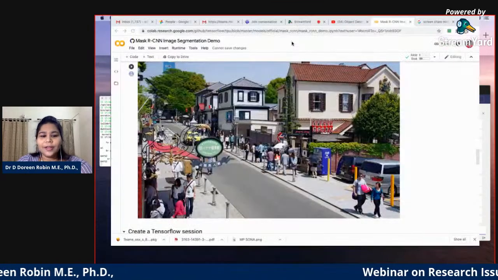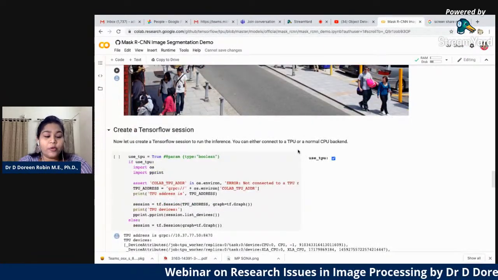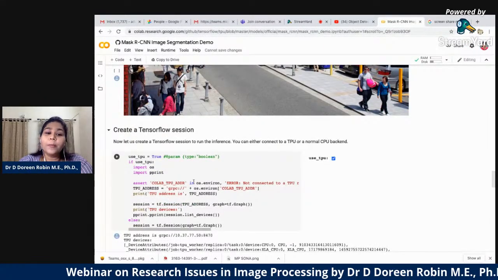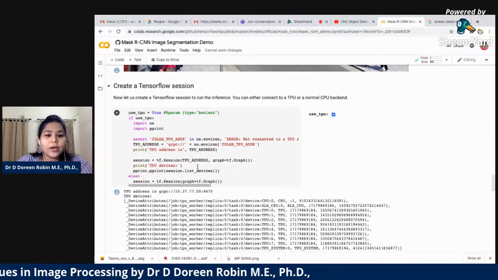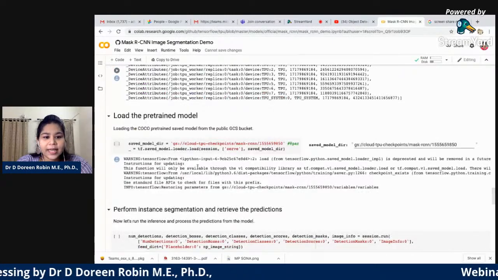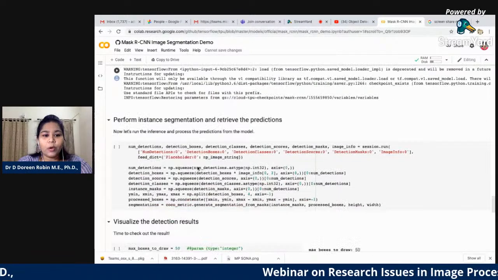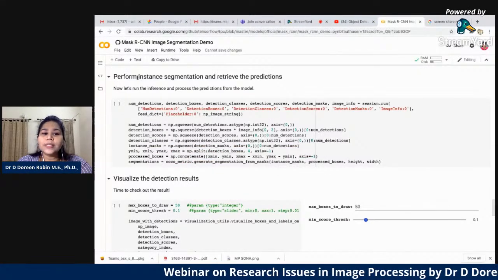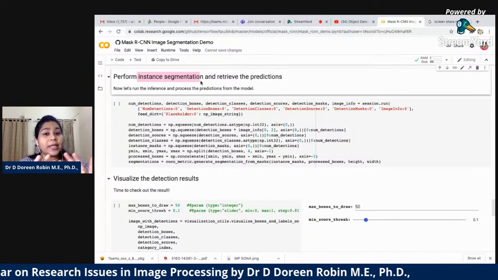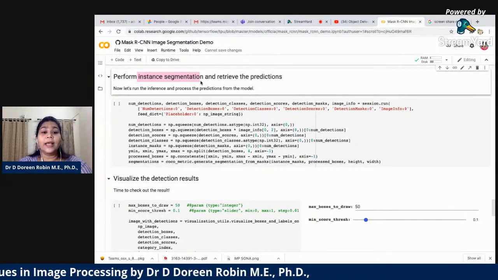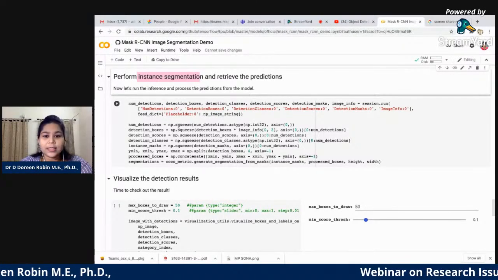Okay. And now coming into TensorFlow, for which I'm using a TPU, because I cannot use TPU in my Jupyter. I came into Google Colab. Once it is connected, I already have my pre-trained COCO model. You remember what is segmentation? Semantic segmentation and instance segmentation. Semantic means it takes the entire class of objects as one. I don't want that. Here I need instance segmentation.